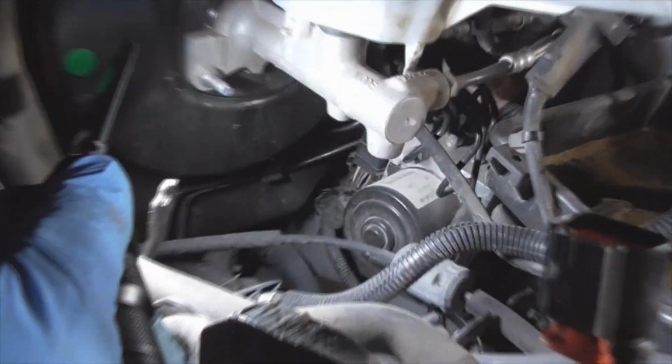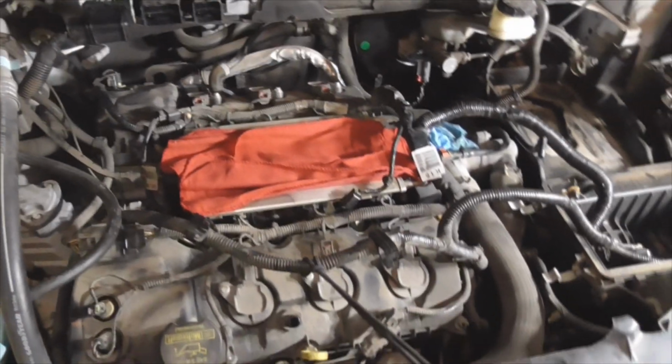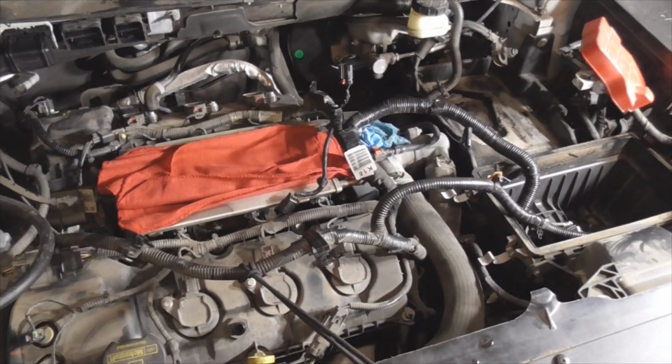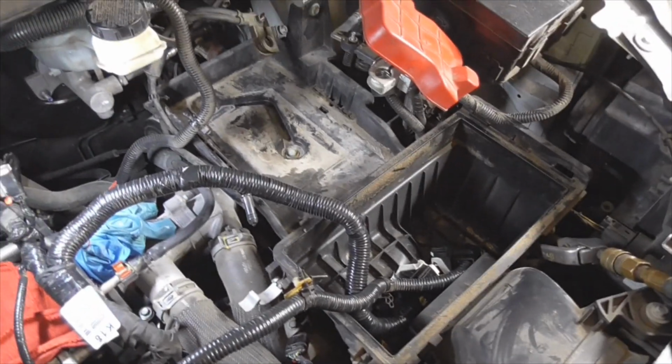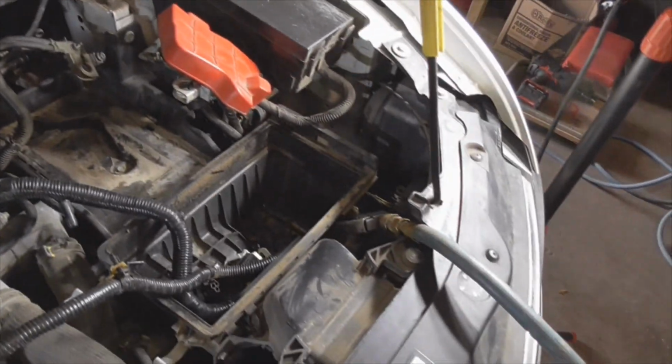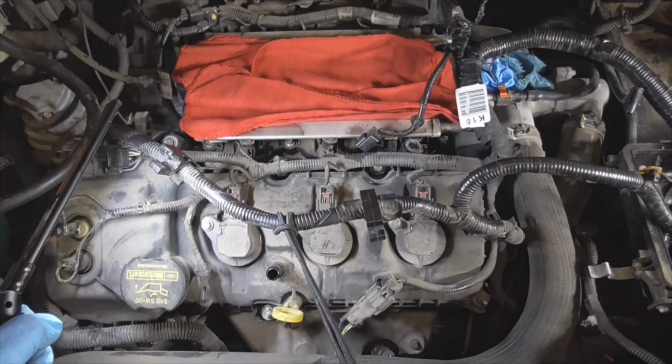Wow, that's gonna be the second part of the video. And you know what? I might just leave this intake manifold off to give me some more clearance to that ABS pump. Yeah, that's gonna be way in there, but it's going to require me to take off the battery box and the air filter box. So right now I'm going to go ahead and tune up the